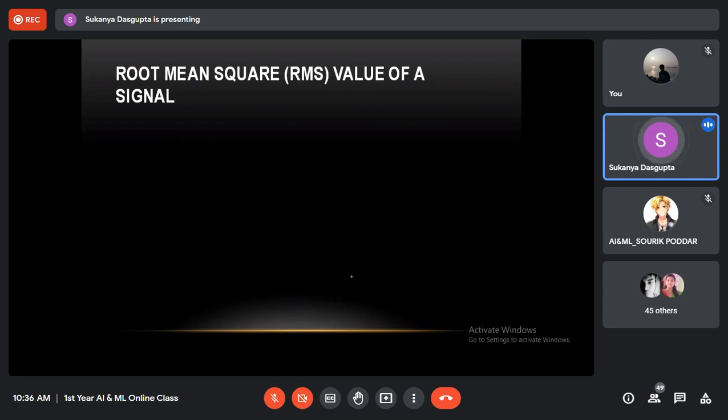Here, our next topic is the root mean square value of a signal. Previously, we have seen the average value. Now we'll see